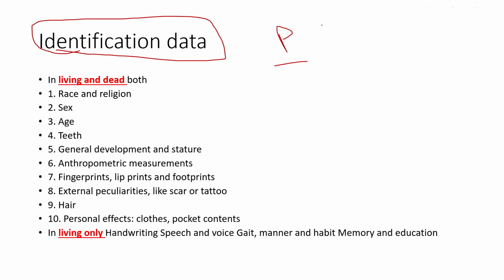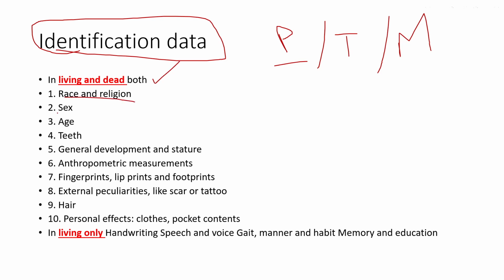All right. We discussed the parameters. We discussed the different types of identification, and we discussed the methods of identification. So do remember, all of them are separate. So parameters of identification in living and dead, which can occur both at one time, that is the race